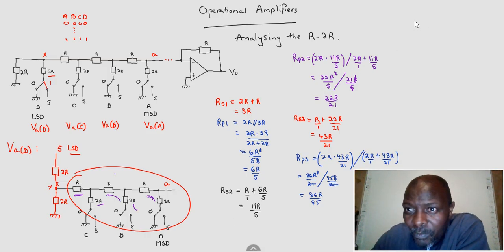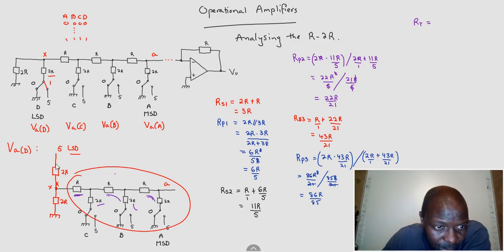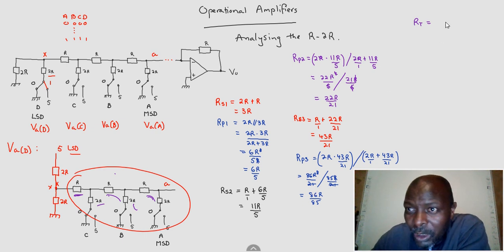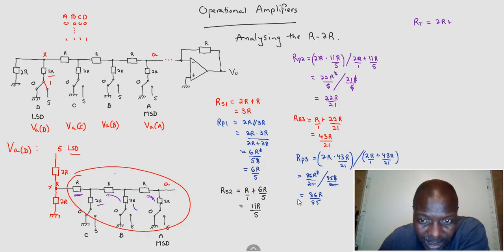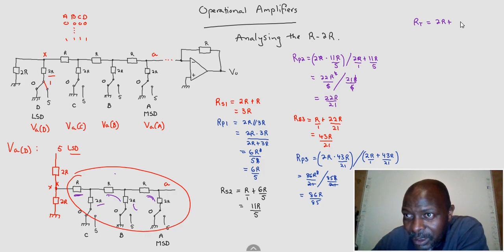So R total is equal to, you add that to the parallel network. This is now a parallel network. That value is parallel to that. We just did it here, R parallel 3. So this is in series, so we do 2R. Series means add, plus that R parallel 3, which is 86R